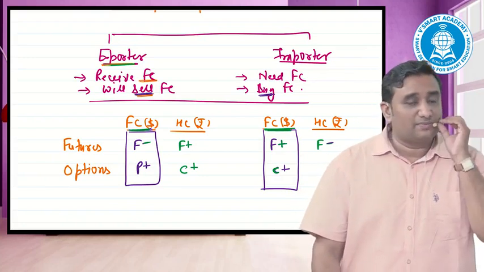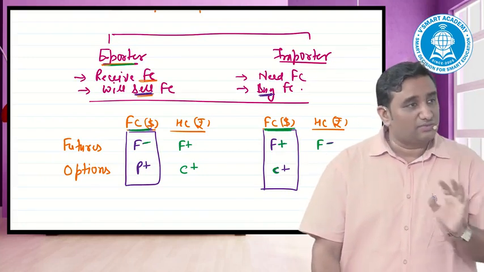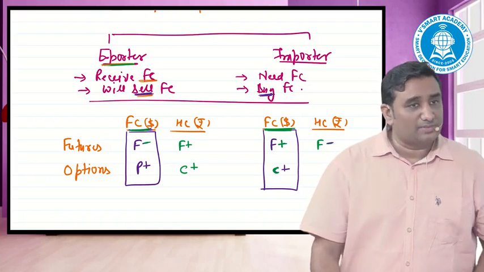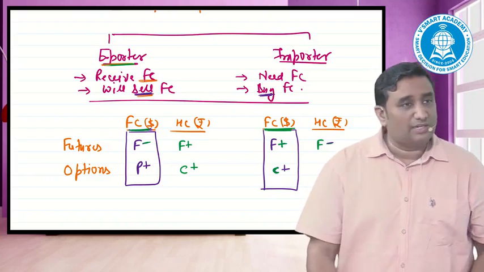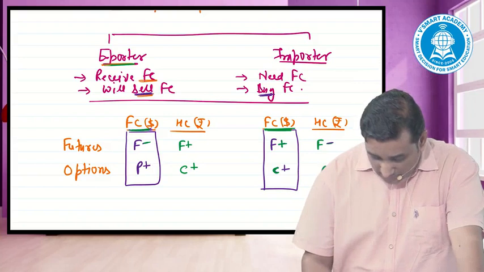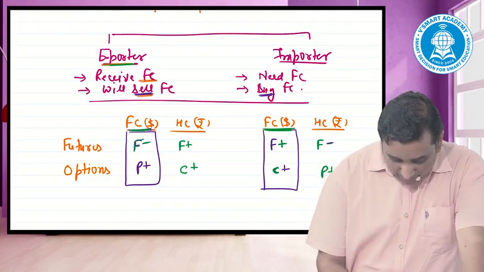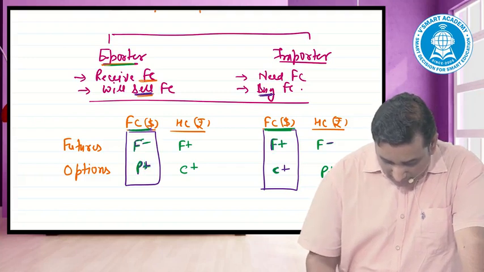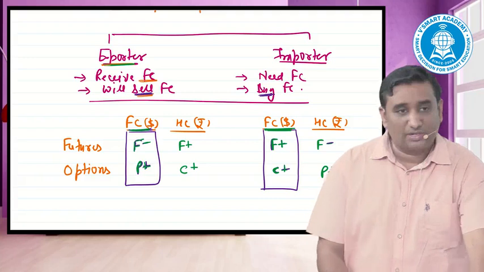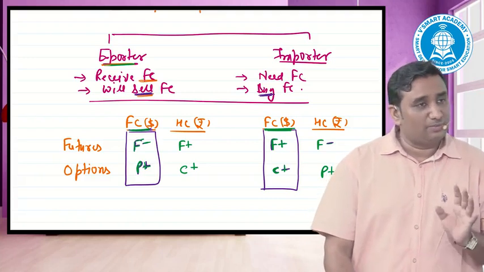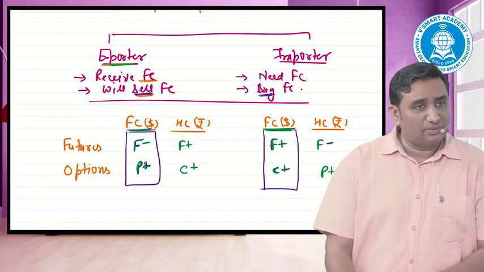He said, I want to buy dollar. But the market says, we do not take any contracts of the dollar. Tell me the contract in rupee terms. The buying of one currency is as good as selling of the second currency. My nomenclature which I have to remember is only F minus, P plus. If I can remember these terms, F plus and C plus, automatically the second part would be remembered. Second part would be very easy to remember. Logically, I'll do it in one of the parts.